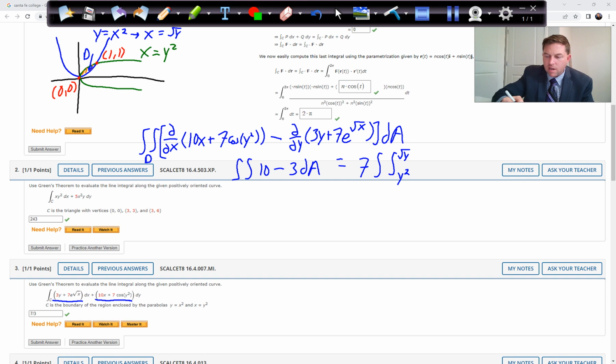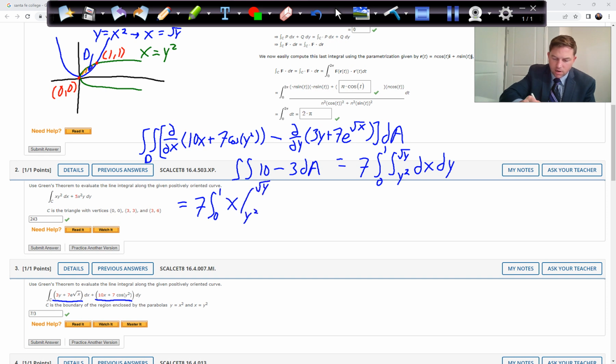Normally we do top minus bottom, but when we're doing this in terms of x, so our equations are in terms of y, we look at right minus left, or right on top and leftmost curve on the bottom. Okay, then our y term simply goes from 0 to 1. So this would just be dx dy. And so we're going to get that as 7, 0 to 1 of x from y squared to square root of y dy,